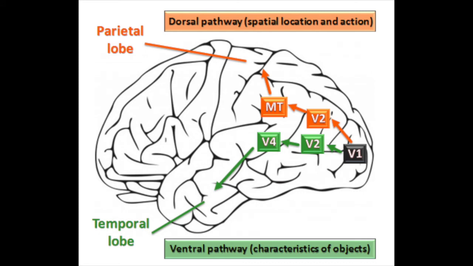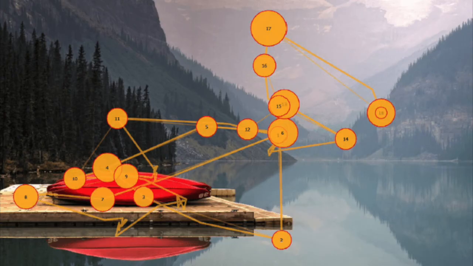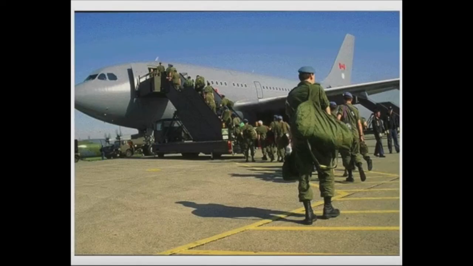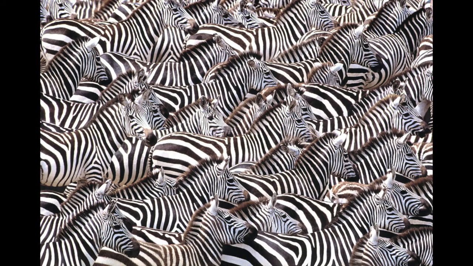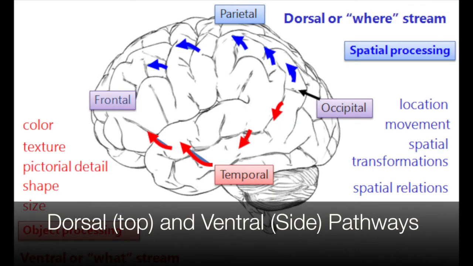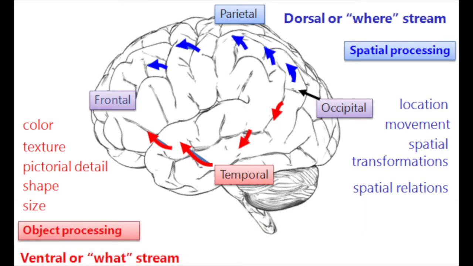One of the things they focus on is salience. Salience is, again, the importance of imagery. So it's more of an issue of filtering. Once we can identify objects, anything that isn't identifiable is left as background. Let's compare the dorsal and ventral pathways. The objects that we successfully disambiguate into candidates for action are processed laterally on the ventral or what pathway. The spatial locations we cannot disambiguate into objects